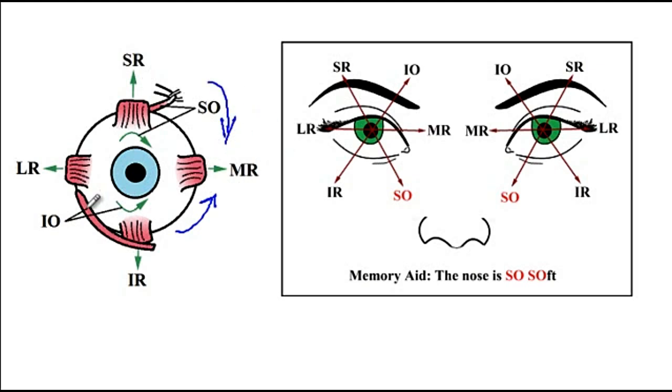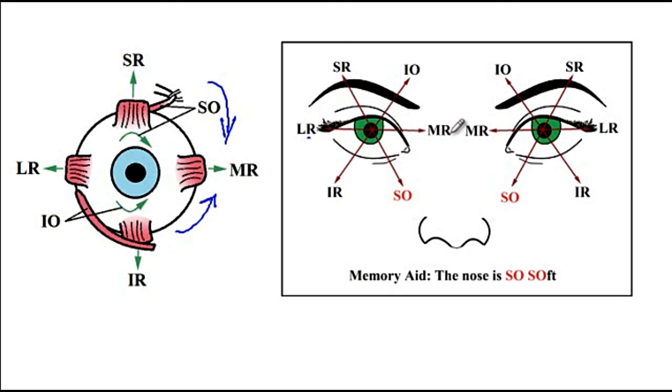Now, in order to determine which of these muscles is defective, here is a drawing that will show you which direction the patient is supposed to look at. So if the patient cannot look medially, then the medial rectus is not working. If he or she cannot look laterally, then it's the lateral rectus that is not working. Now, if the eye is in the abducted position and the patient cannot look down, then it's the inferior rectus that is not working. And if again in the abducted position the patient cannot look up, it's the superior rectus